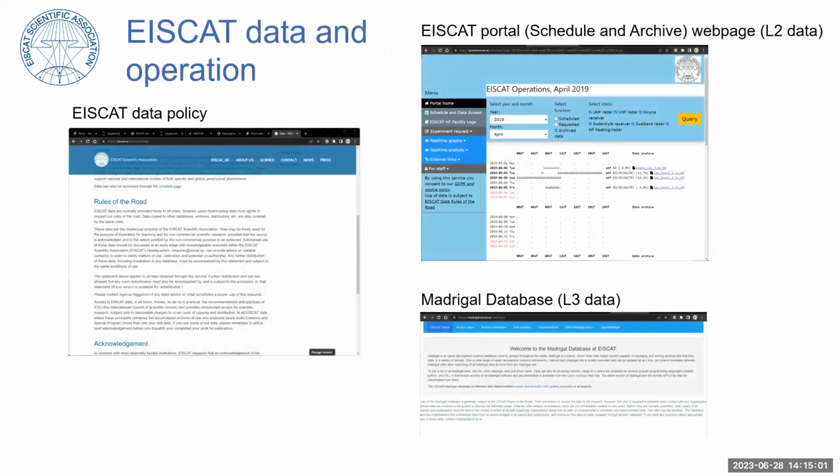So then we come to the topic of our data and operation. Of course, EISCAT has a data policy known as rules of the road. In this data policy, we also have embargo times on observations. For member countries, we have common programs, which are usually very quickly accessible. Then we have special programs. And then some researchers can have even longer embargo times if it's, for example, connected to a PhD thesis